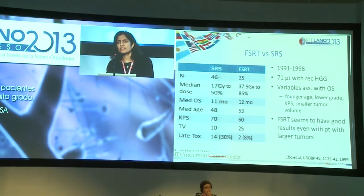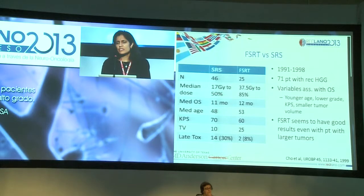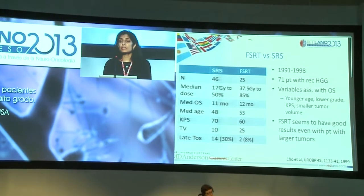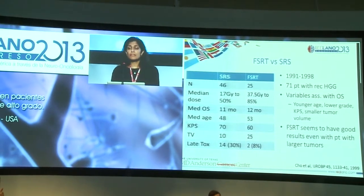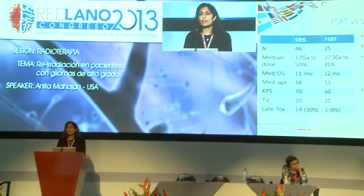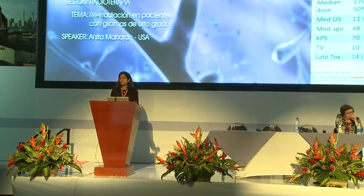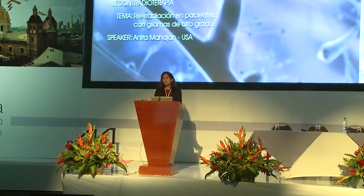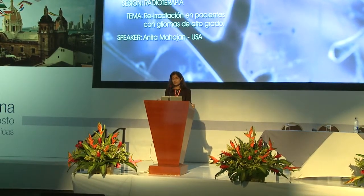Fractionated stereotactic versus stereotactic, this is looking at fractionation of these patients. Here's a study by Cho looking at 46 patients who received radiosurgery, single fraction, versus 25 patients who had fractionated stereotactic radiotherapy. In general, the dose was 37.5 gray fractionated, just because we're giving smaller fractions per day. Median overall survival was close to a year in both groups. But the big difference was the late toxicities. 30% of our patients in the radiosurgery group had late toxicities versus 8%. So this would suggest that maybe fractionation is gentler on the patient with possibly equal outcome,